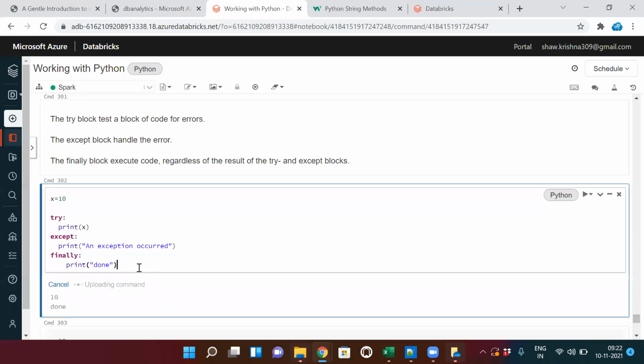So here I put x equal to 10. I just print that, x equal to 10. So here I don't see any